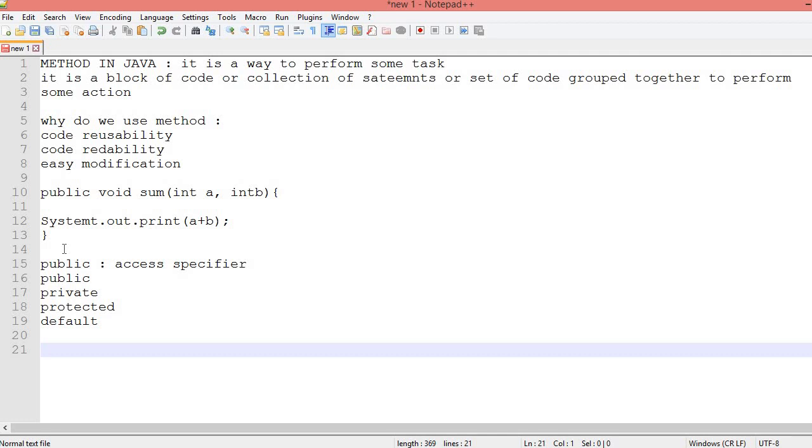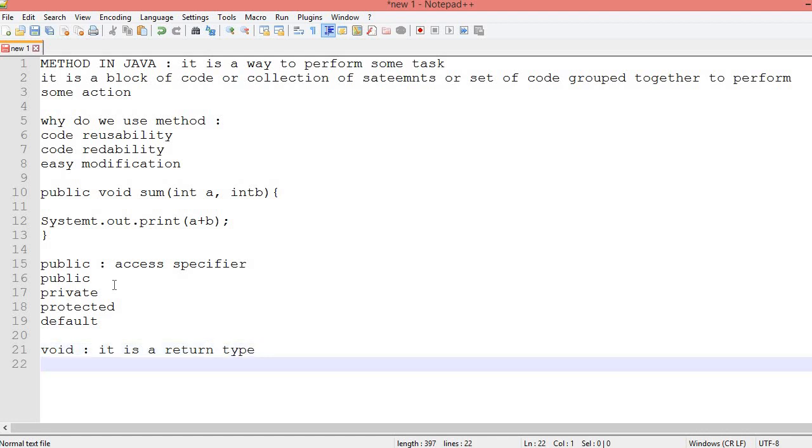Then second is what? Void. It is basically used as a return type. Why do we use void? If you don't want to return anything, in that case we use void.